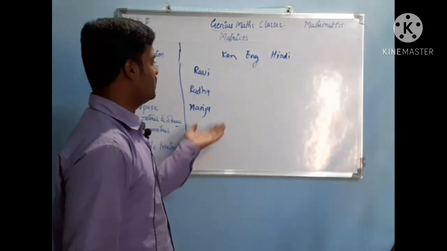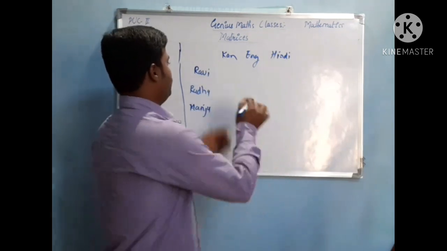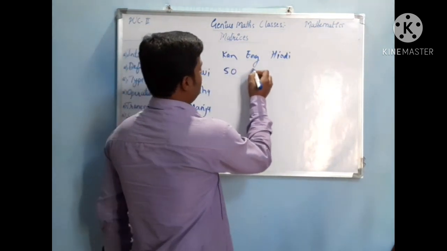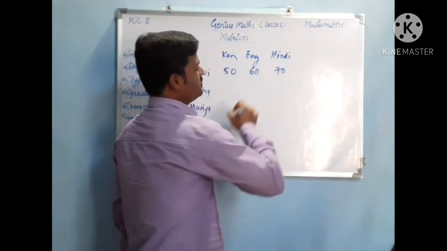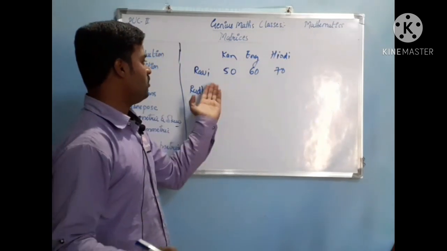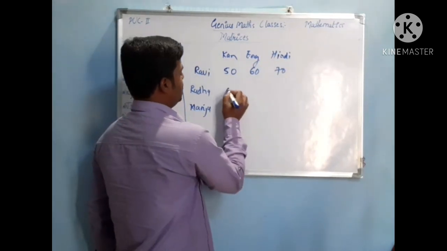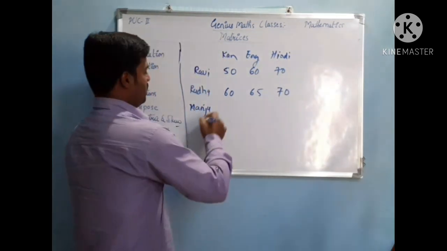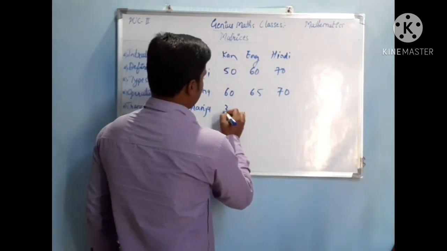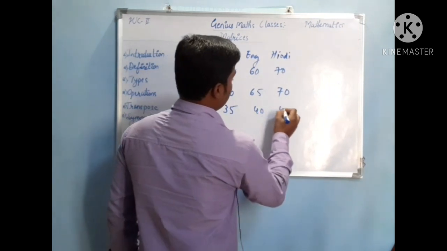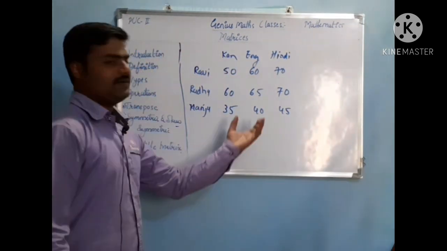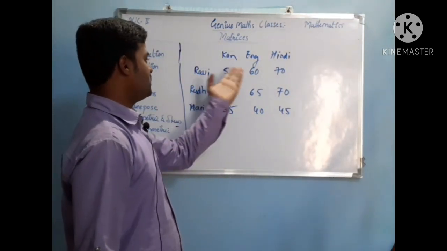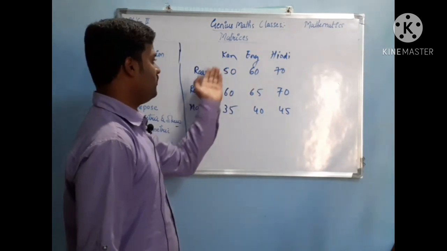I will make a table of how many marks each of them got. Ravi has 50, 60 and 70. These are the marks he obtained in Kannada, English, Hindi. Similarly, Radha has 60, 65, 70, and Manju has 35, 40, 45. So I can easily identify that Ravi has 60 marks in English, Ravi has 70 marks